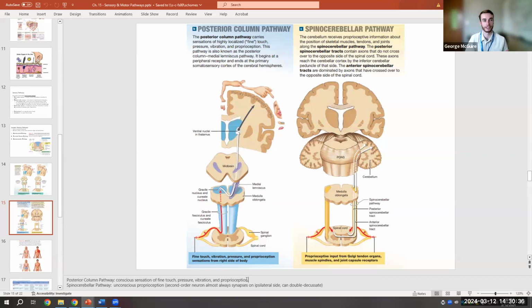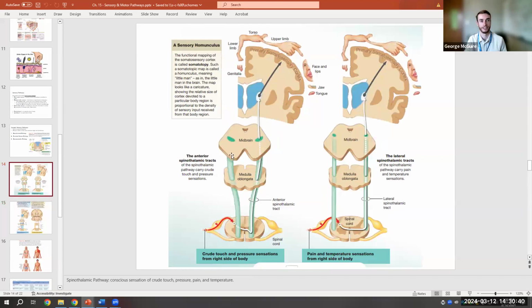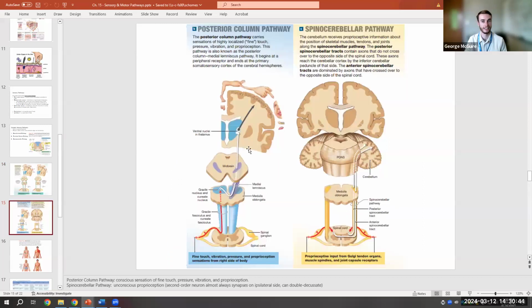And they may be traveling through different paths. You may have crude touch information, mechanoreception, traveling through your spinothalamic path, but then you will be getting your conscious proprioception, your awareness of where those muscles are, through the posterior column path. And I'm being specific about pointing out that conscious awareness of where your body is positioned, because our last pathway